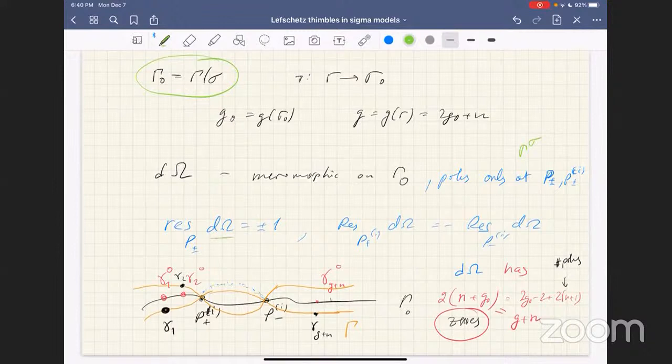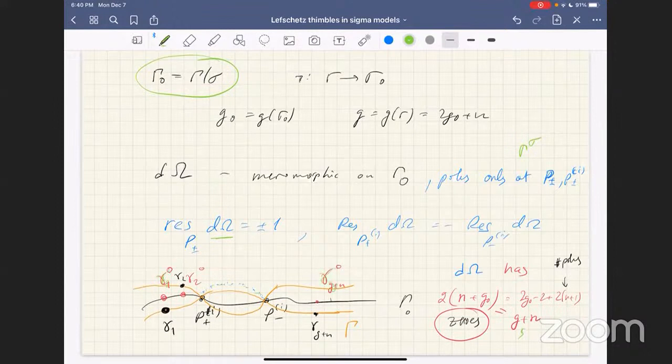With the additional constraint that the residue of d omega at capital P plus or P minus is equal to plus minus 1, not anything. Now, because it has two n plus 1 poles, it has 2 times n plus g naught, which is equal to g plus n zeros on gamma naught, which are denoted by gamma 1 0, gamma 2 0, gamma g plus n 0,